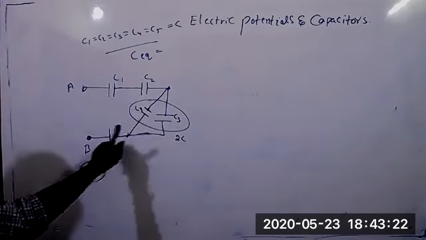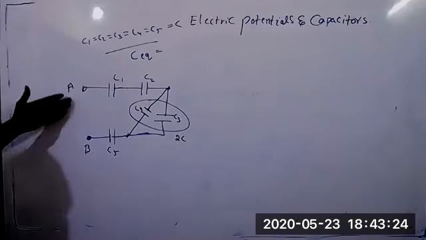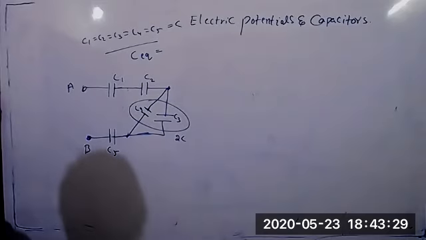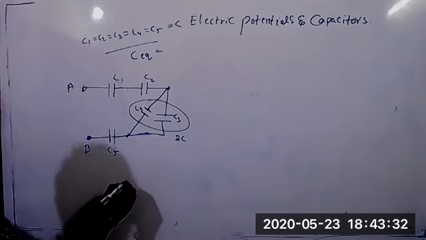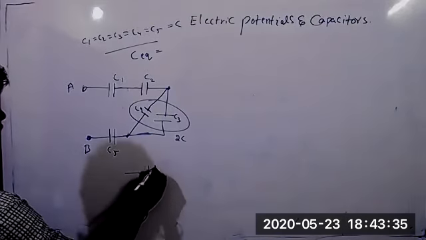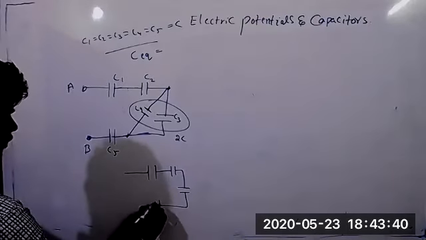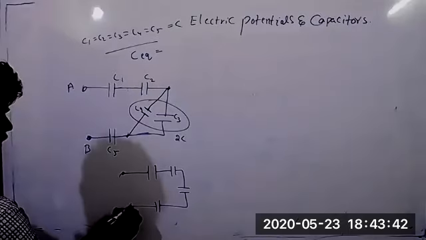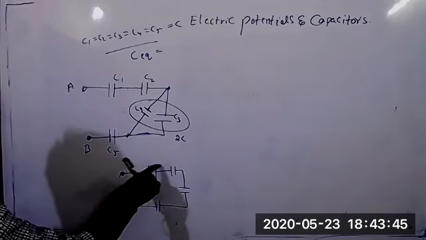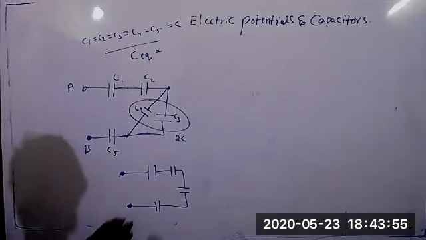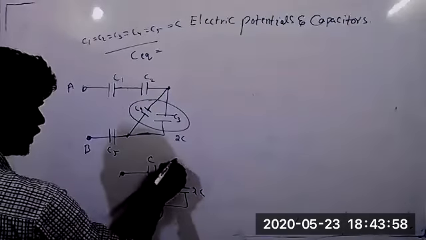So we should calculate between A and B, no, sir? Between A and B. So, sir, 2C will be parallel to AB, so it will become 3C, no, sir? It will be like this, right? 1, 2, 3, 4, 5, right? It's not parallel. All are in series. 5C, sir. It is in series, right? It is 2C, right? It is C, C, C.